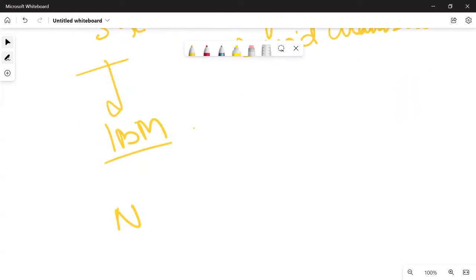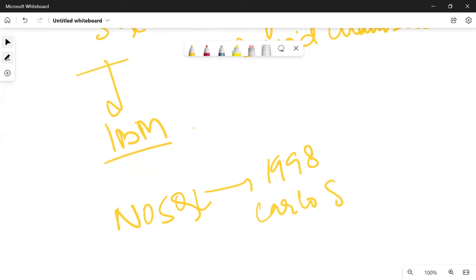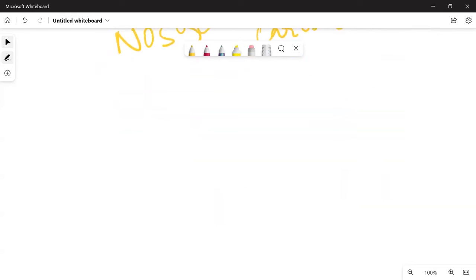Now, talking about NoSQL, who coined the term? It was coined in the year 1998 by Carlo Strozzi. Though the technology existed for quite a longer period of time, the term came into existence in 1998, and the person was Carlo Strozzi. Fine. Now if we move on to the SQL and NoSQL comparison,